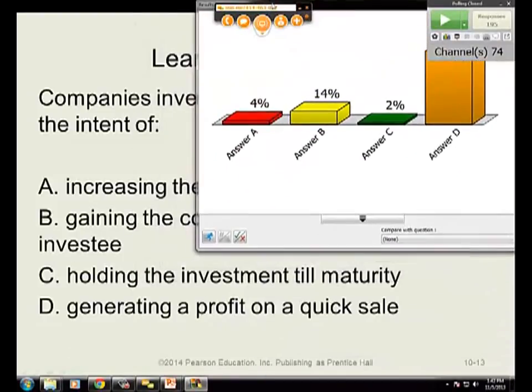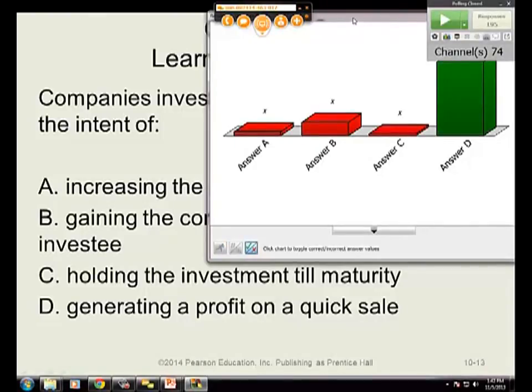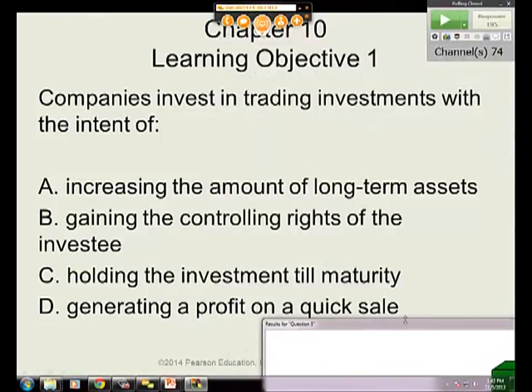All right, let's look at this. The answer is D. I mean, that's a trading security. You're trying to get profit on a quick sale. Let me move this out of the way. All right, so the first one,